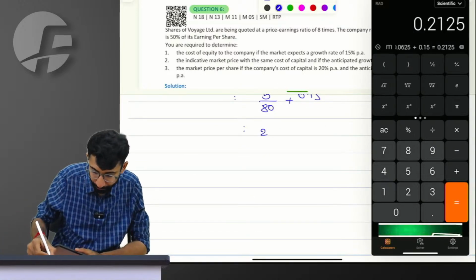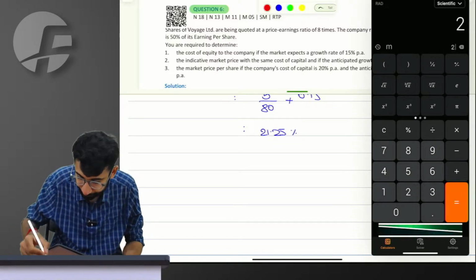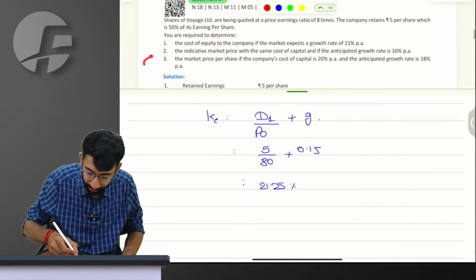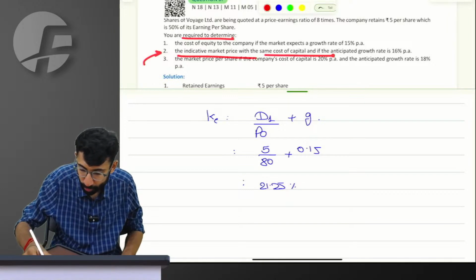21.25 everyone is the answer. 21.25%. Basic, easy, sorted. Next one. The indicative market price. You are required to determine the indicative market price if the same cost of capital and the growth